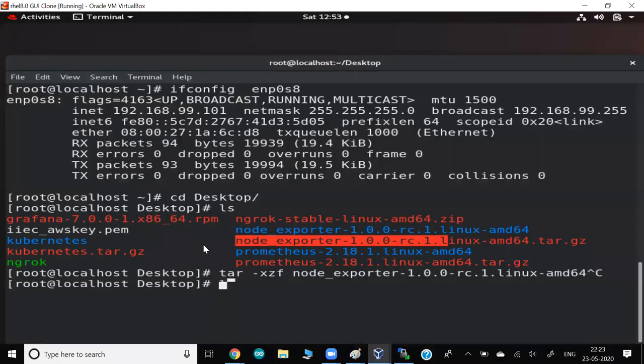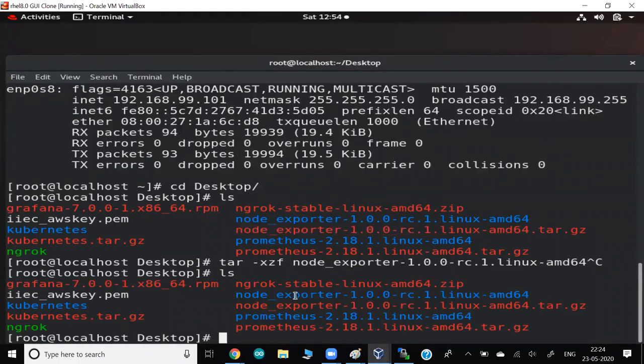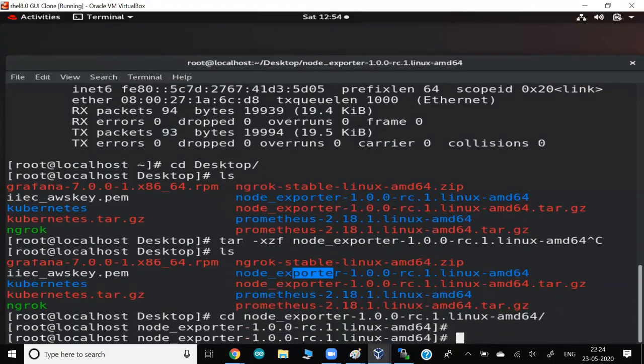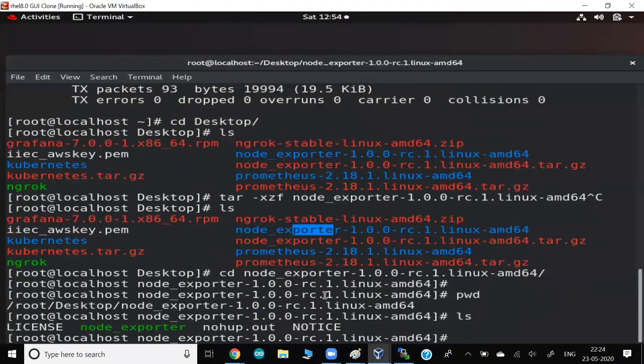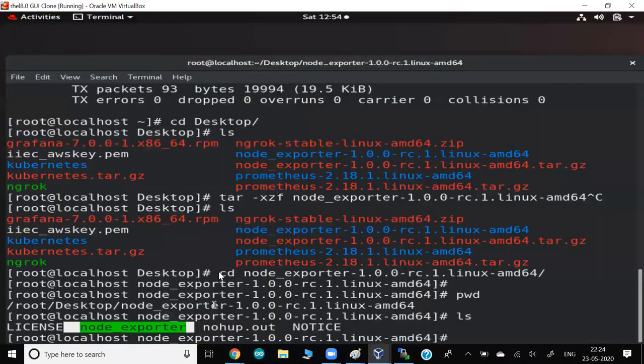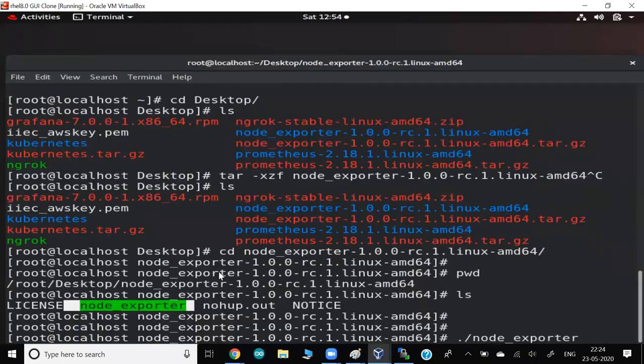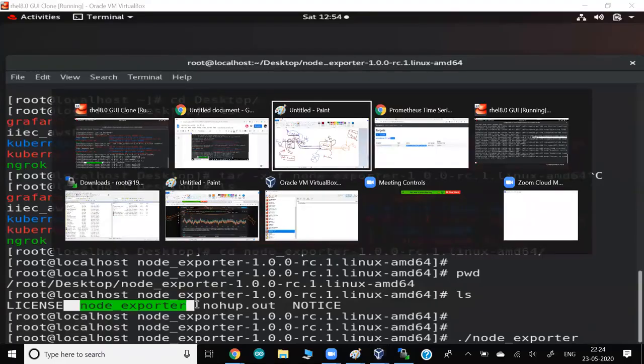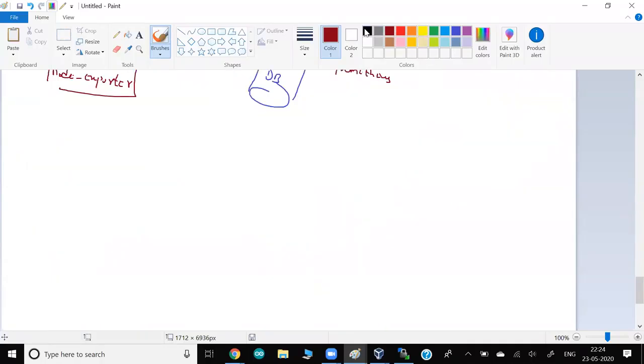After extracting, you can see this folder installed in your system, and just go to this folder. Again, you can see one more file here, the command node_exporter. That's all. So again, so simple to install. You just have to run this command and it will start exporting. So I'm running this command, ./node_exporter. That's all. As soon as you run this, understand one thing, guys. This is an independent command altogether. Even if you have one node here, let's say you have one system like Linux.